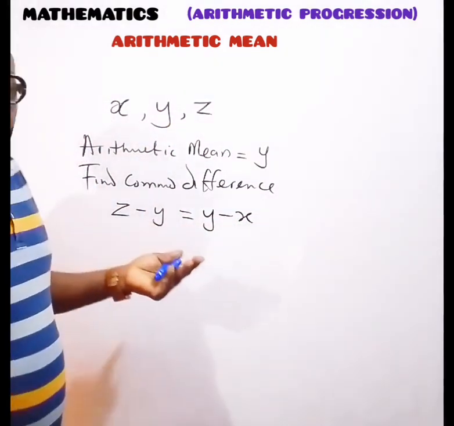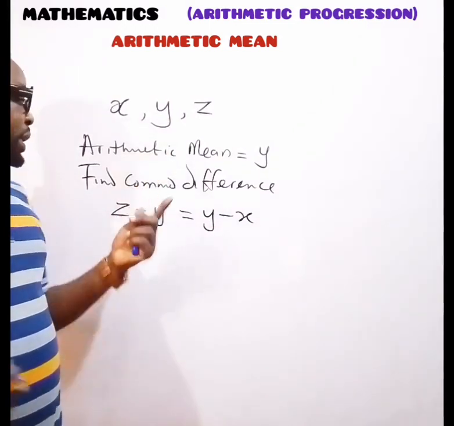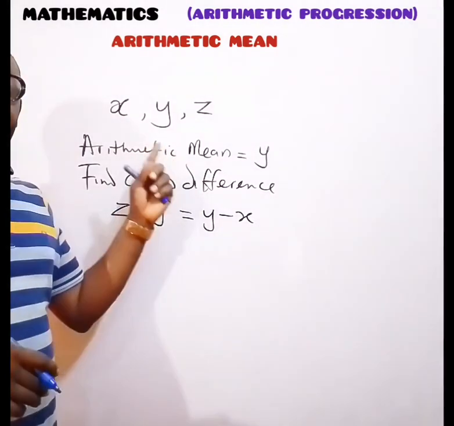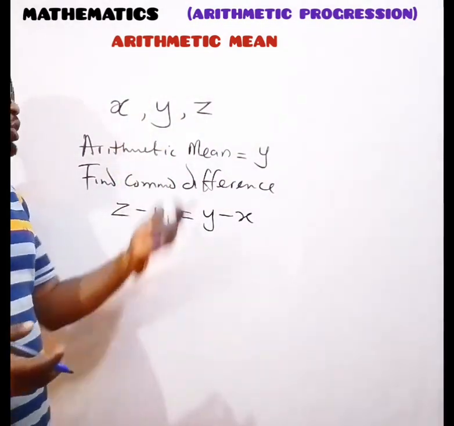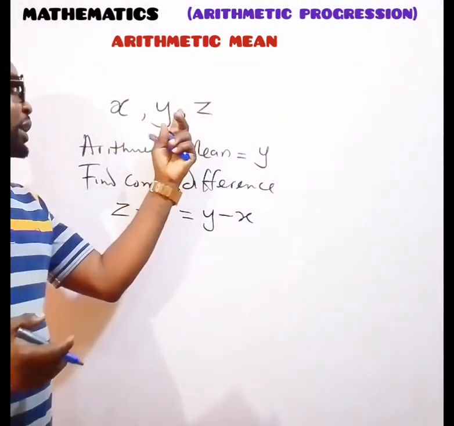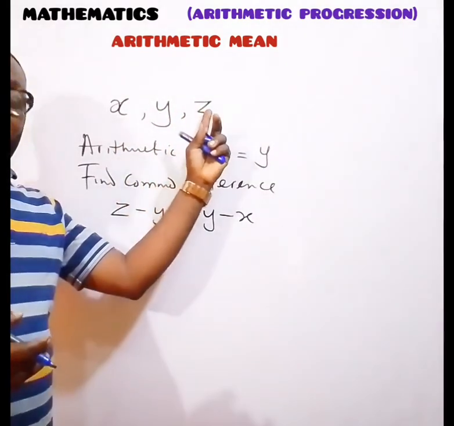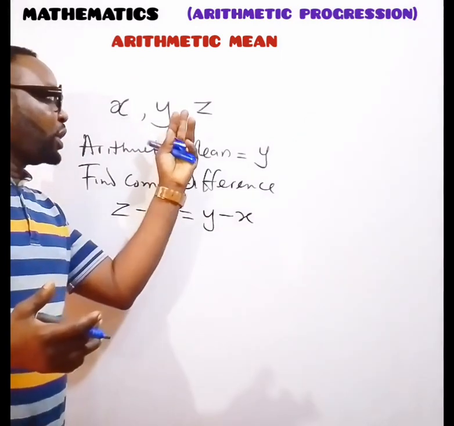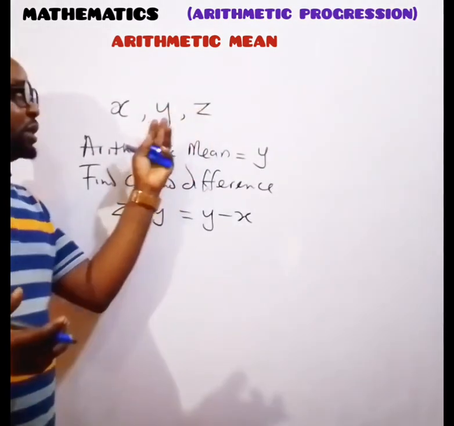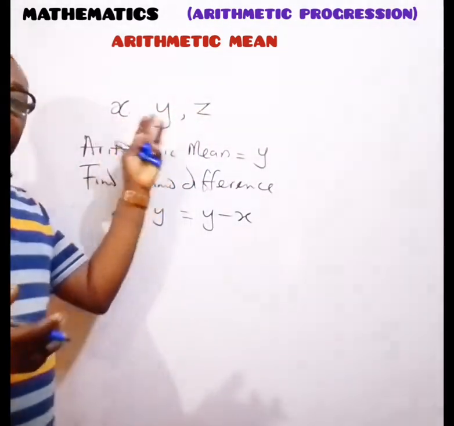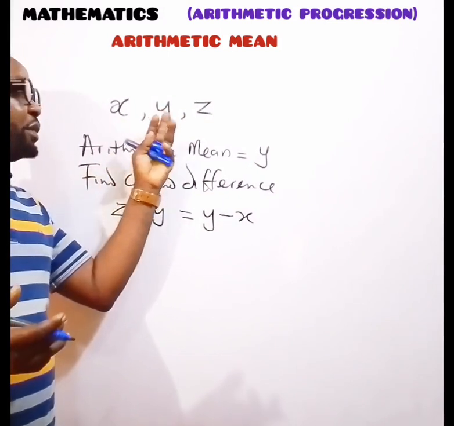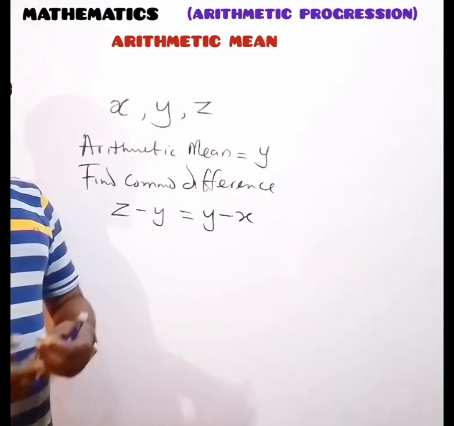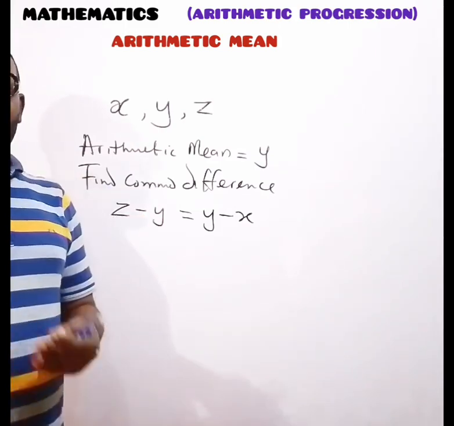That is what is meant by the difference, or how to find the common difference of an arithmetic progression: by subtracting the previous value from the latest one. Whatever value is given between these two must be the same value as the difference between this and this, then we can say that we have been able to establish terms of an arithmetic